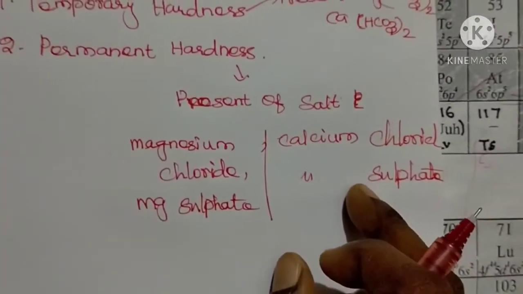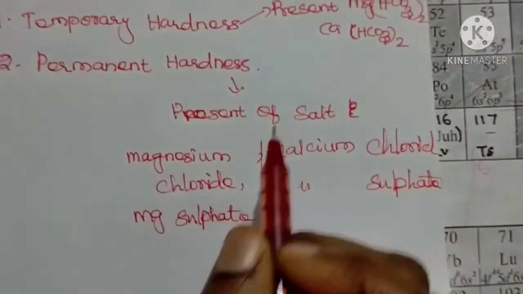So the presence of magnesium chloride, magnesium sulfate, calcium chloride and calcium sulfate